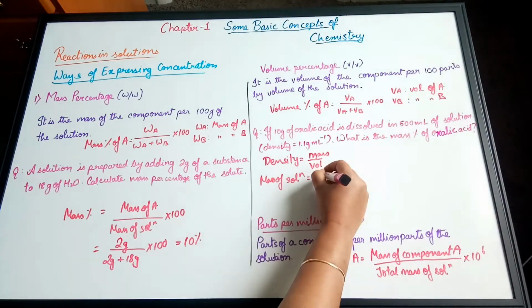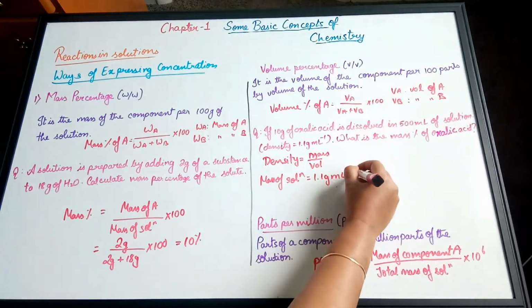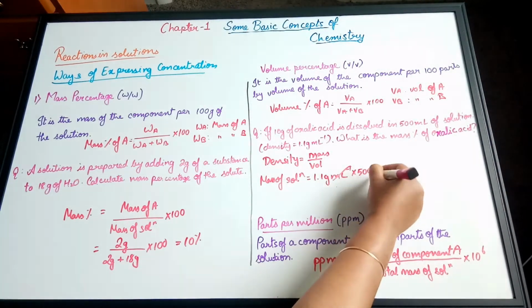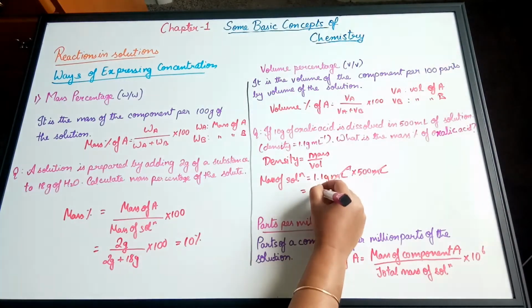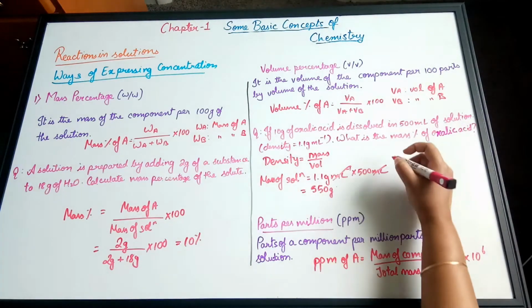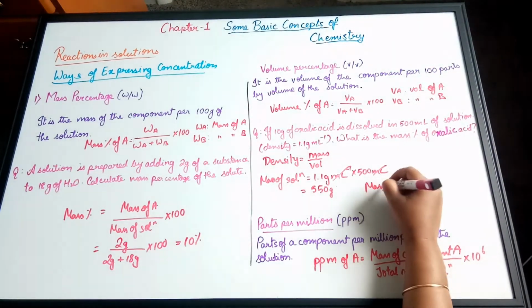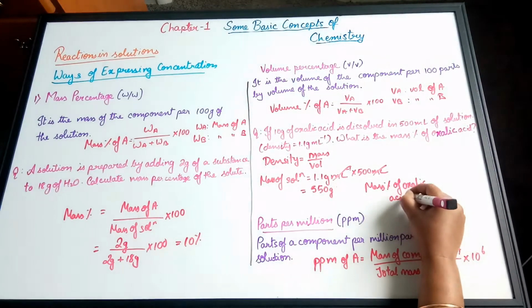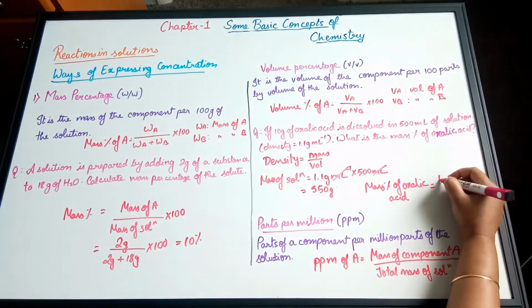So density is 1.1 gram per ml into 500 ml. The ml and ml will get cancelled, leaving behind grams. That is equal to 550 grams. So we have the mass of the solution, 550 grams. We know the mass of oxalic acid is 11 grams, as we've been given. So mass percentage of oxalic acid would be equal to the mass of oxalic acid,